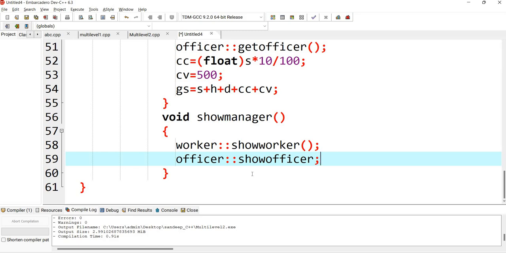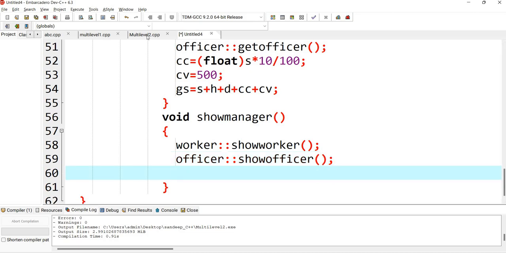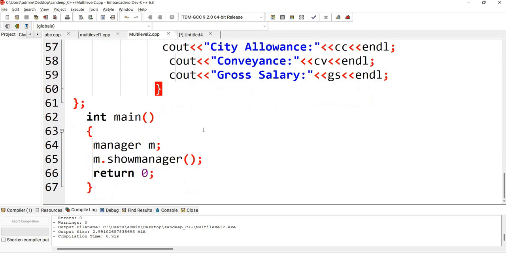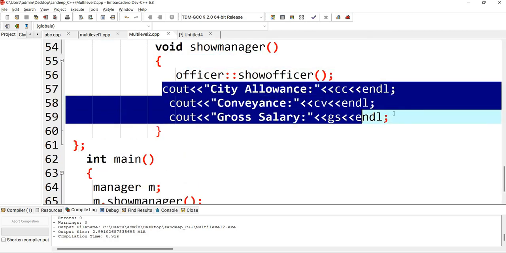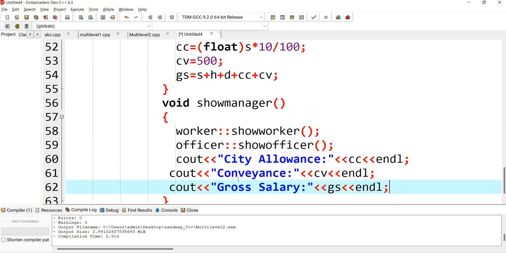Officer. Now we need to display the conveyance, right? So I simply display all those values: city allowances, then conveyance, then gross salary.